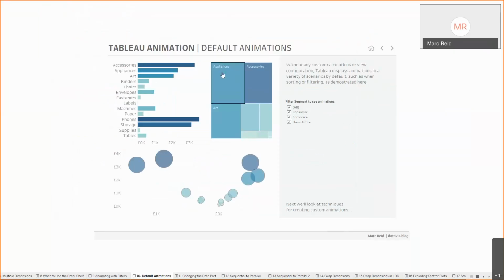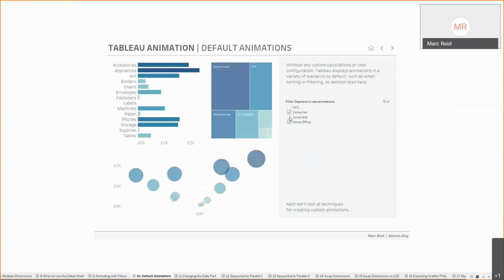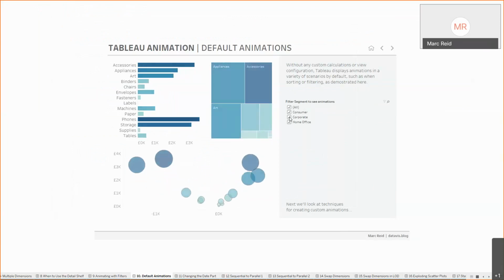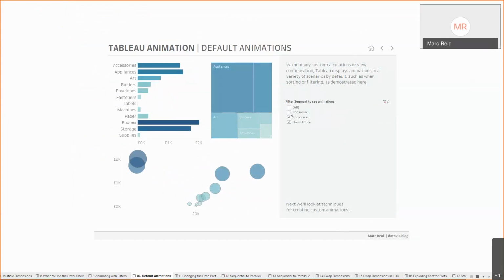But I've just brought this up, talking about default animations here. I think they do help a lot in terms of being able to track what's happening in the view. It just makes it much easier to see things move around when animations are switched on versus when they're switched off. So I think it really does help to enable you to tell that story as you're moving through certain